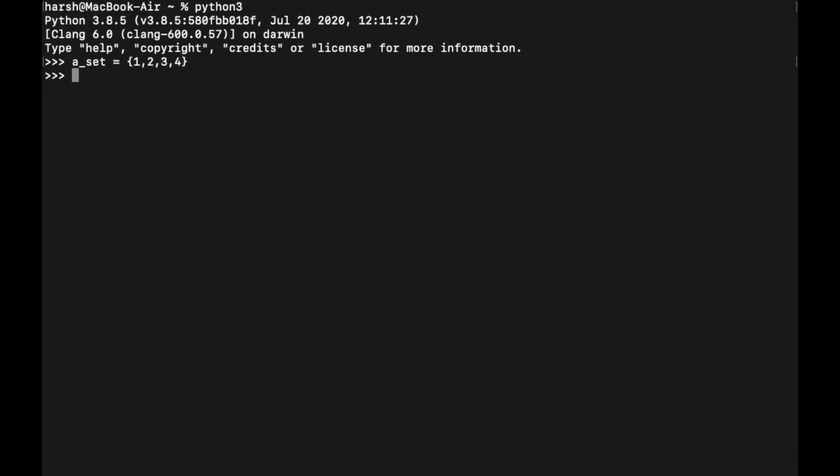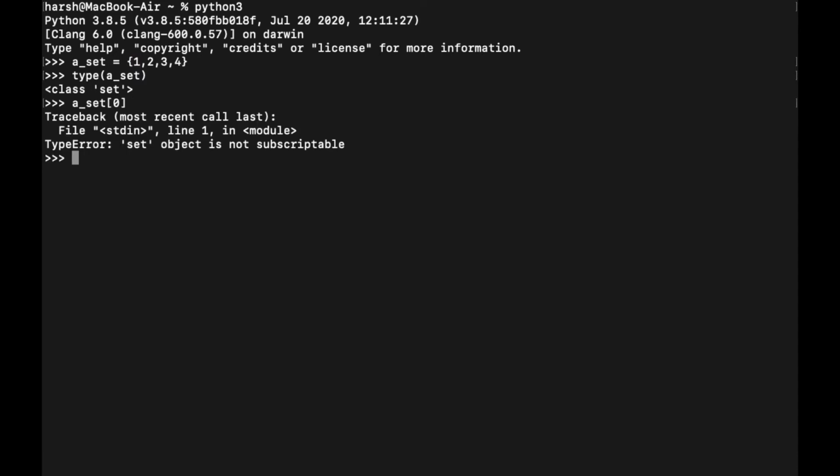First of all, let's check the class of our set data type by using the type function. I have already mentioned the major difference that separates set from all other collections, which is that all the values in a set have to be unique. There is also another minor difference in sets, that is, we do not have indexes in a set. To check that, let's access our element at 0th index, which means that it should give us number 1, right? Because the index of the first element is always 0, and if I try to access that, I get an error.